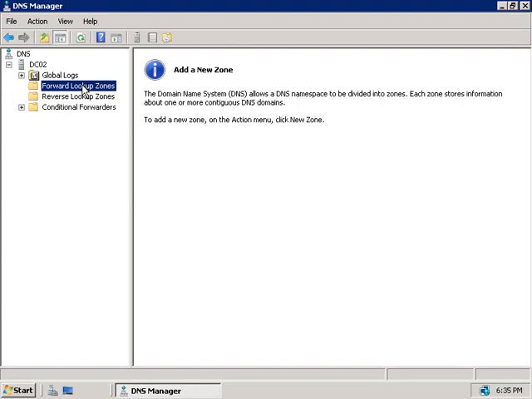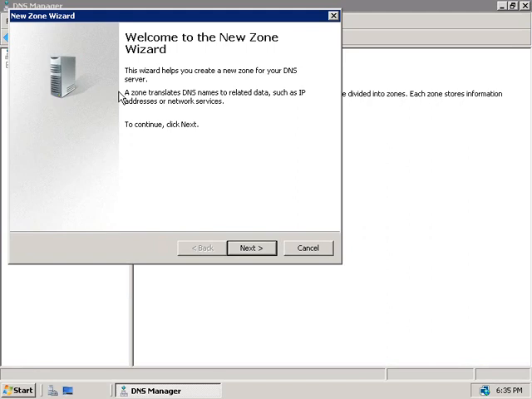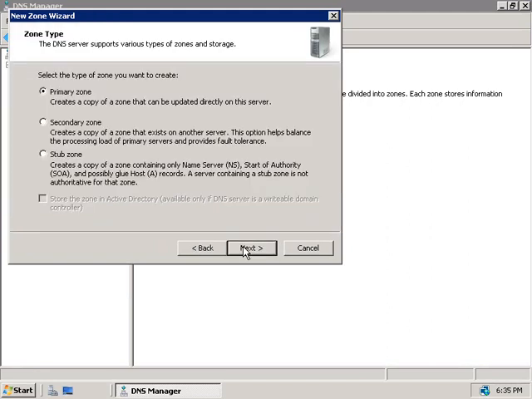So we're going to right click on forward lookup zones and we'll choose to create a new one. And this is going to start up the new zone wizard, so we'll click next. Now we've got 3 options here. We can create a primary zone, a secondary zone, and a stub zone. But if our DNS server was also a domain controller, we do also have the option of making this zone